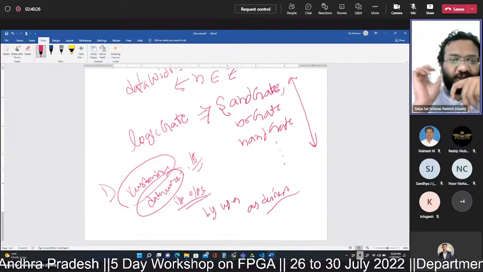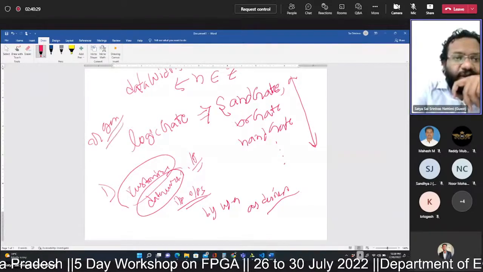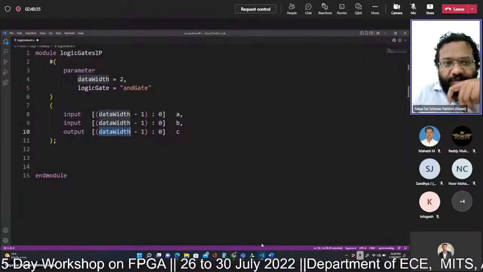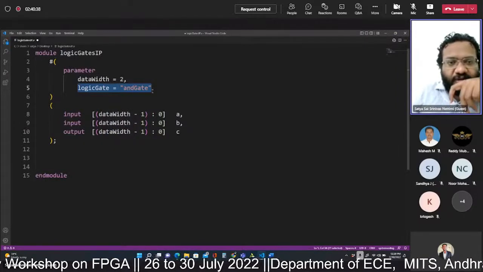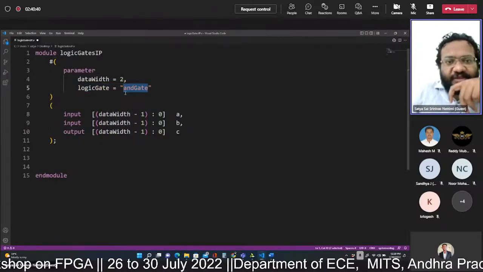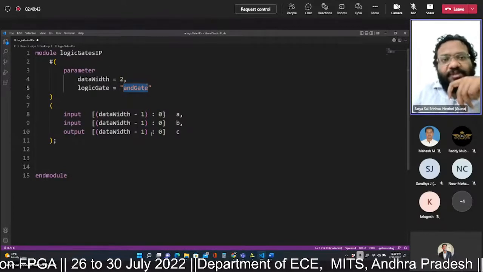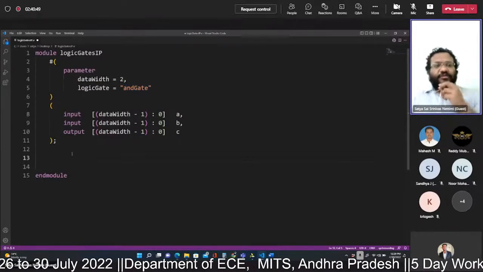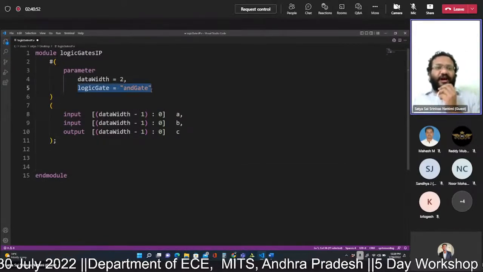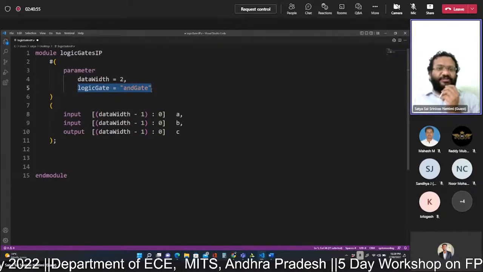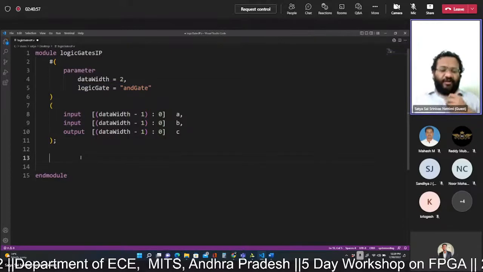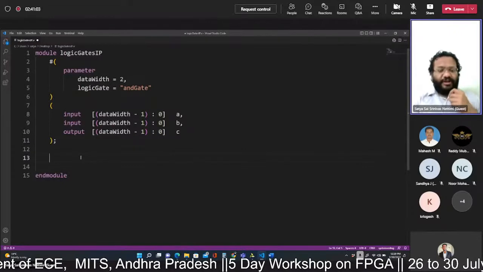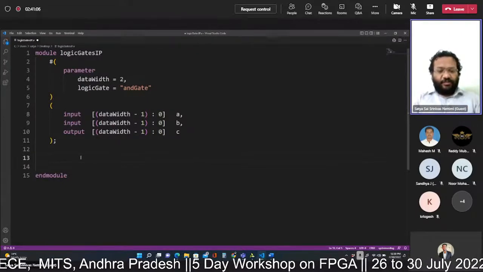This is called customizing the architecture using an IP. The other use of an IP is to generate, right? In my logic IP core, I am asking the second parameter: what type of logic gate you want. Once the user specifies the desired logic gate, the IP will generate that appropriate logic gate. This is called generation. With respect to this logic gate, a particular architecture needs to be generated. For that, in Verilog, we use a block called a generate block. The syntax goes as follows: